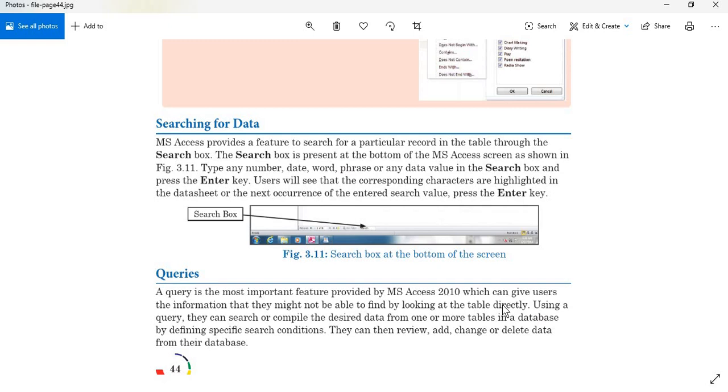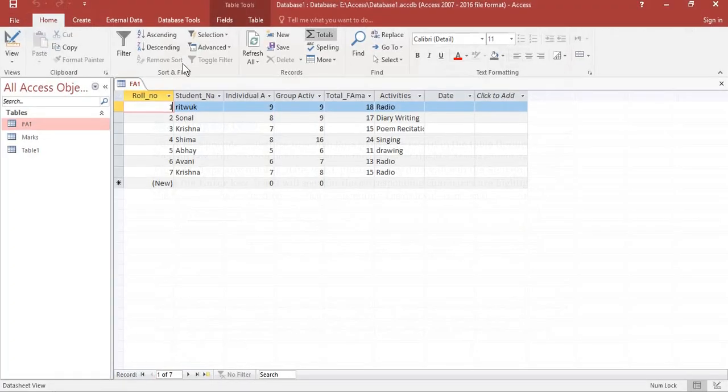You will say that you can do this using filtering the data. Like if I ask you to give me the names of students who got more than 10 marks in, suppose, lab activity, you can say I can use filtering, the option we had in Access. So this filtering part, sort part, we can easily have from there. Why use a query?